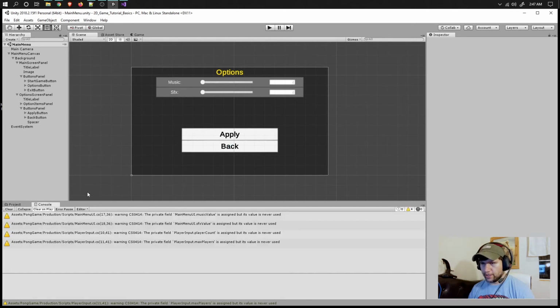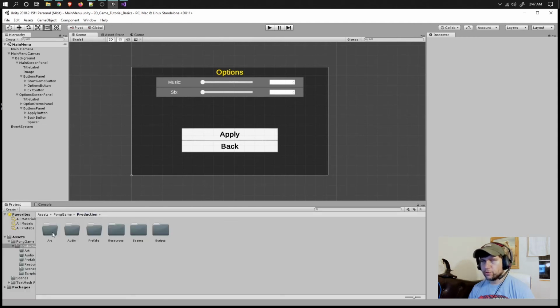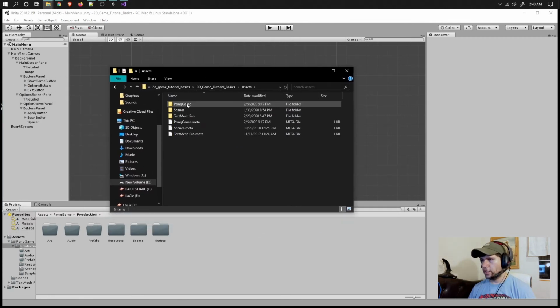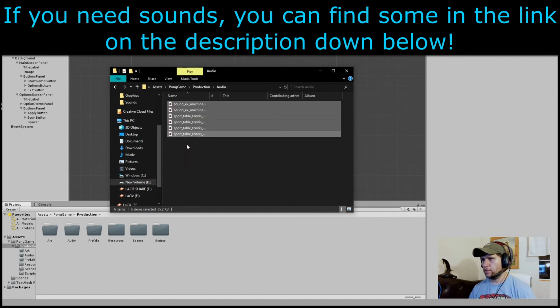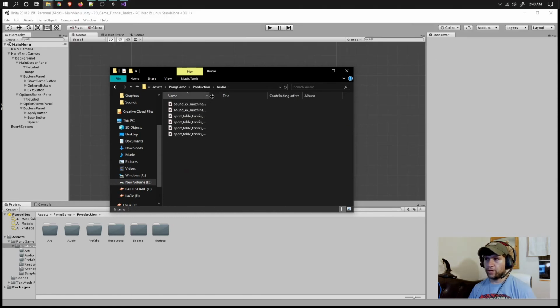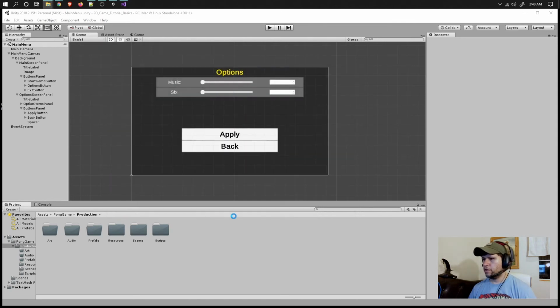We just need to add the sound that it needs there. So I guess we could do that next. So if you already have your sounds, go ahead and place those into the audio. I'm just going to put them there for now and let Unity import it. And then